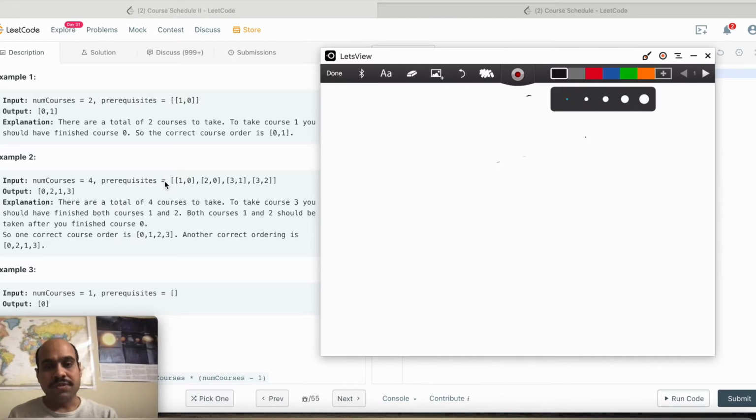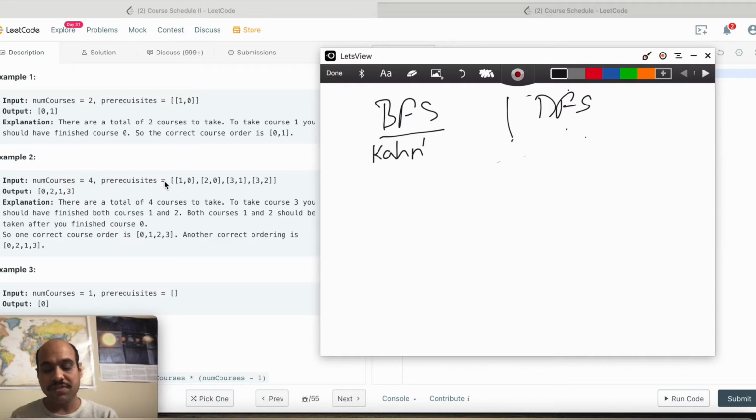Okay, to solve this problem, we basically have two approaches. One is BFS and the second one is DFS. Because it's a graph and you need to do graph traversal, and there are two ways to do it. One is BFS, one is DFS, and some of the problems can be done using either BFS or DFS. The BFS algorithm for generating topological ordering is called Kahn's algorithm. As part of this video tutorial, we'll see Kahn's algorithm and how to use BFS to generate this course schedule. There is one other way, using DFS, but we'll see this in another video.